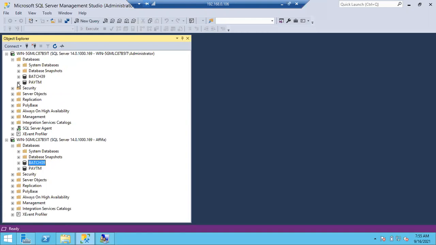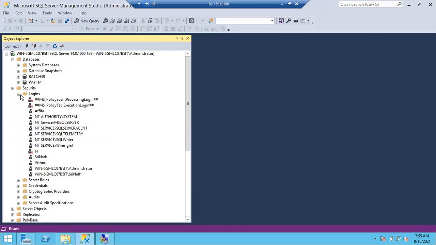So permissions wise, what is the difference between a Windows login and a SQL login? Only while connecting, there is a difference. That's it. Permissions wise, working wise, everything will work the same. Don't think there is a different way of giving permissions to a Windows login and a different way for a SQL login. Any login is a login only here. Once you have created a login, the way I am giving access to Afifa, in the same way I can give access to a Windows login also. There is no different way or procedure in giving access to a Windows login and a SQL login. Right. So let me go with this one.